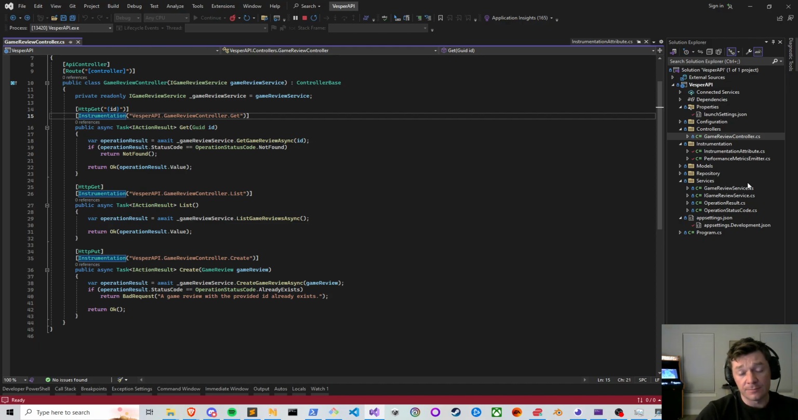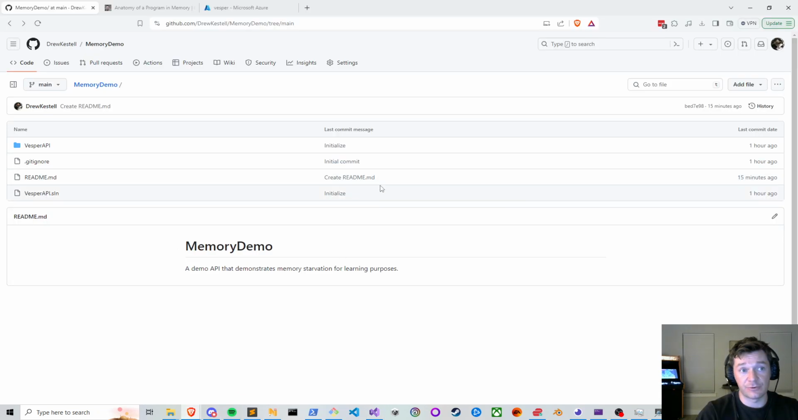Now, if you do get an alert that memory usage is getting high, what do you do? That's what we're going to talk about. First, just to briefly show you,